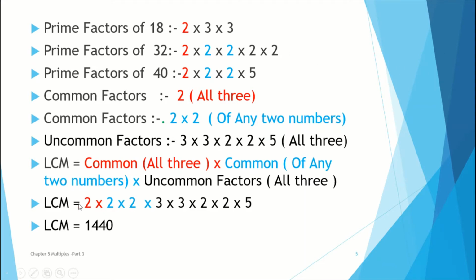See, we will do the multiplication now. So see scholars, 2 multiplied by 2 is 4, 4 2s are 8, 8 3s are 24, 24 multiplied by 3 will give you 72, then 72 multiplied by 2 will give you 144, then 144 when you will multiply with 2, it will give you 288, then when you will multiply 288 with 5, you will get 1440. You have to keep on multiplying. So LCM is 1440. Scholars, here we have done with this topic, that is finding LCM by prime factorization method.